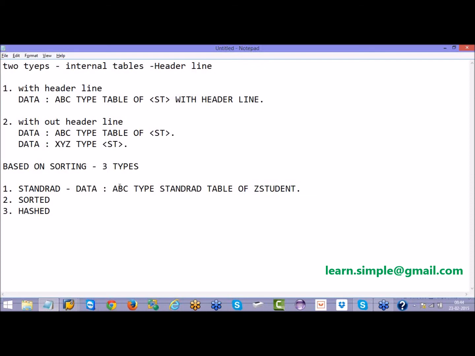So this is a standard internal table. ABC is a standard internal table. And remember, a standard internal table will always follow the linear search algorithm.